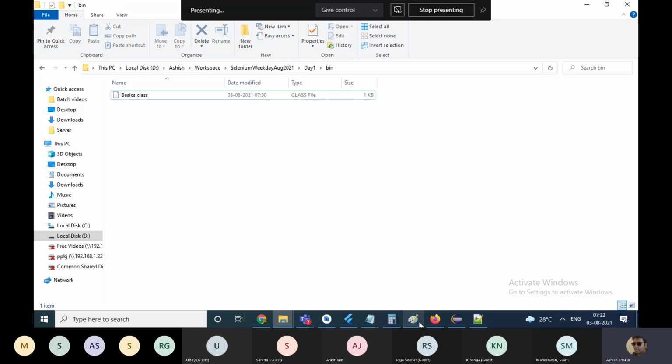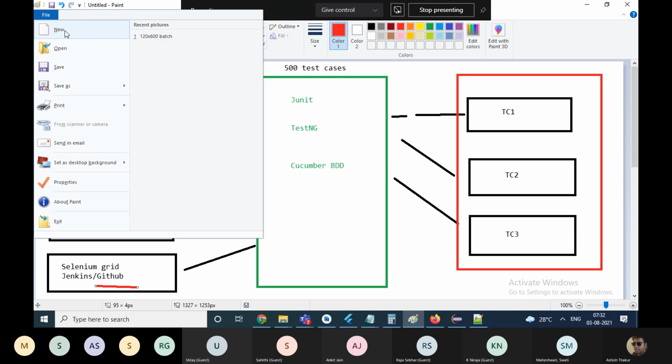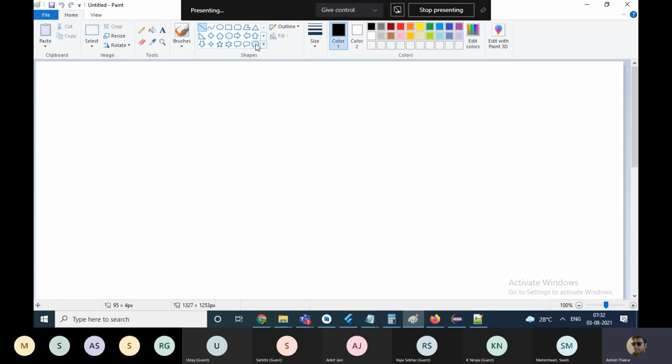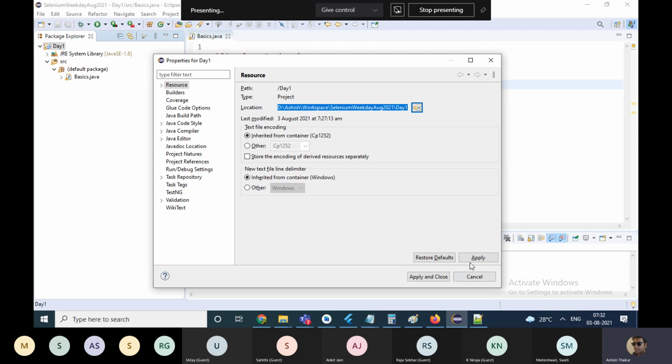Okay, and when we make a project, we have got many class files. Corresponding to every Java file, you will have a class file.